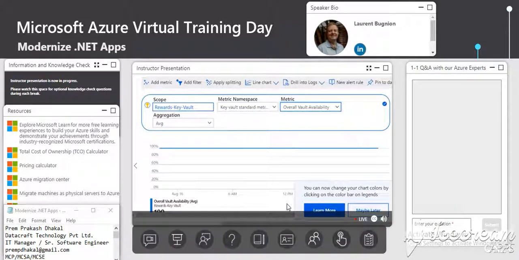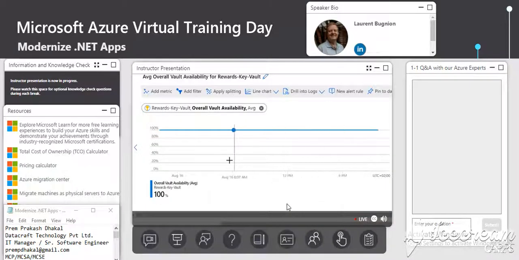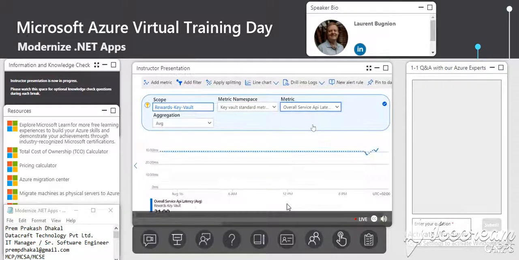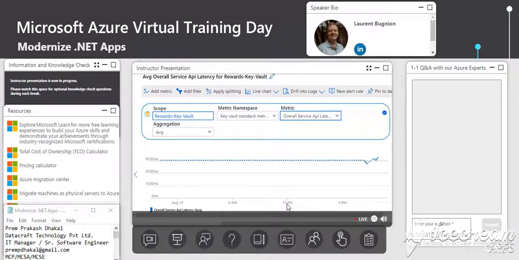So that's interesting to know how busy your Key Vault is. Maybe you need to scale that up to a different plan. For example, you know that in Key Vault we have the standard plan and the premium plan, etc. So this is really giving you a lot of information about what's going on in your resources, and really your resources throughout the whole landscape of your application. So that's quite precious and quite useful.